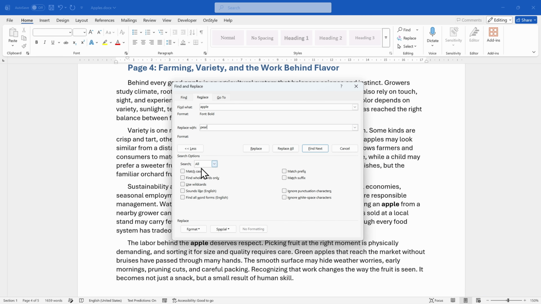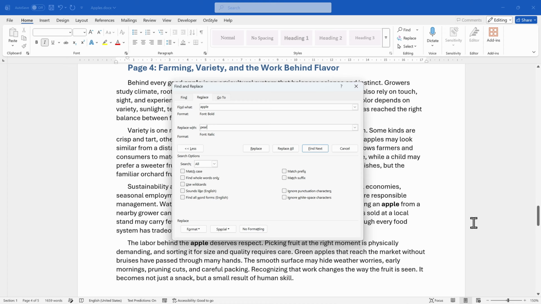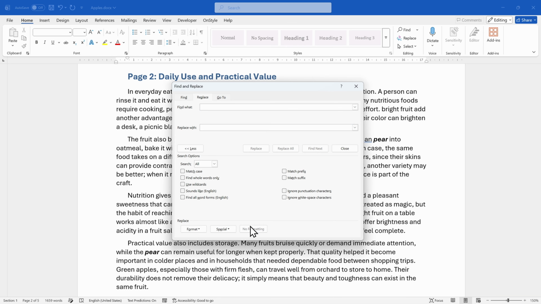We can also search for text and formatting together. That means Word can look for a specific phrase that is bold, italic, or colored a certain way, and then replace both the text and the formatting in one move. We can mix and match any formatting and text however we would like. There are many options to choose from in the Format menu. In the Special menu, we can access characters and elements that cannot be typed with a keyboard. After we're done, we can clean the fields in the dialog with the No Formatting button.